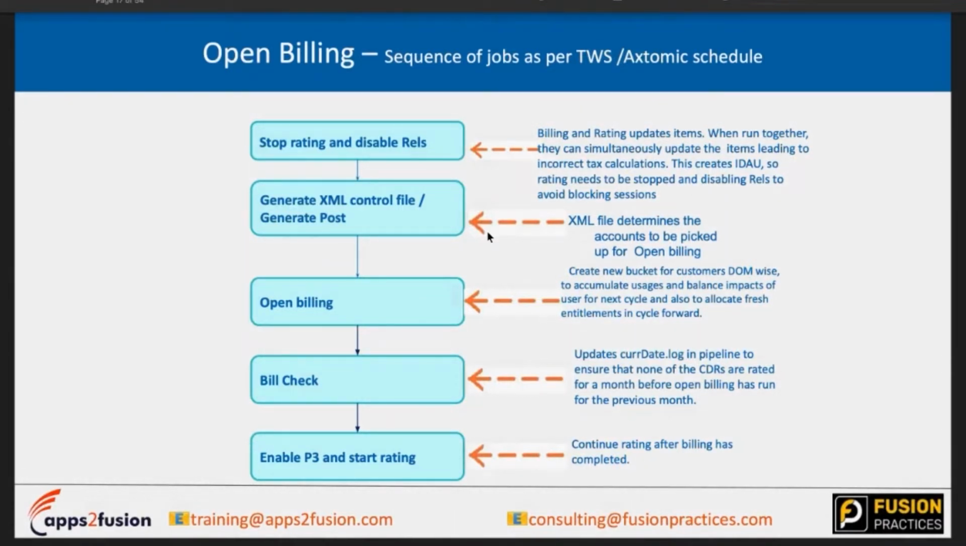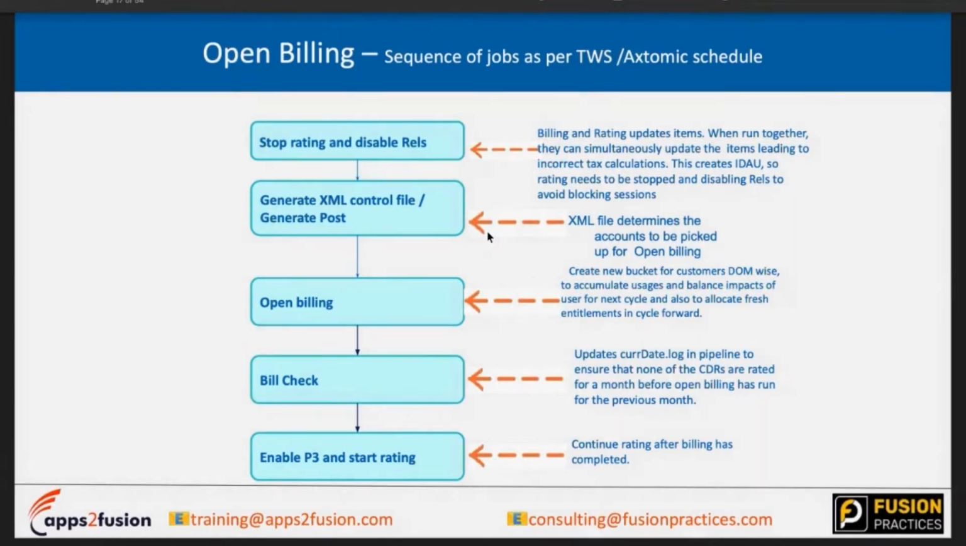The second one is to generate the XML control file, because that XML control file is used as a filter for fetching the list of accounts that need to be updated or that need to be billed. Then open billing, then bill check. Bill check is nothing but, after open billing, you check the list of accounts and